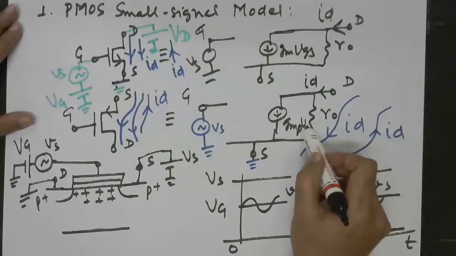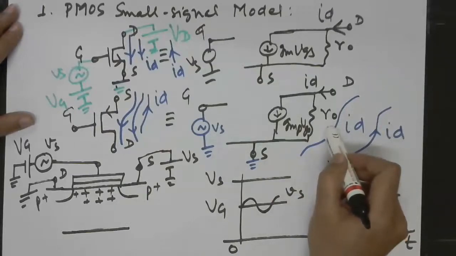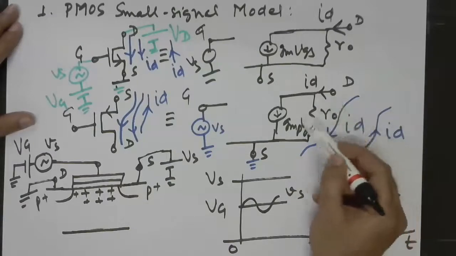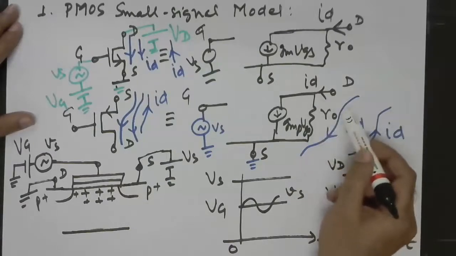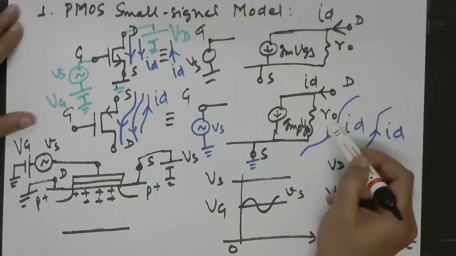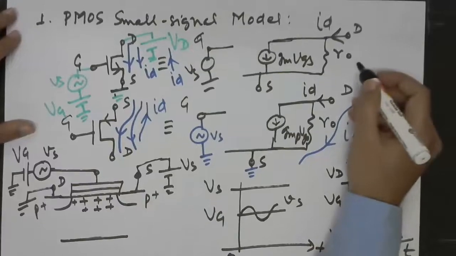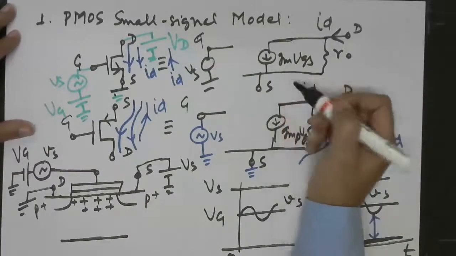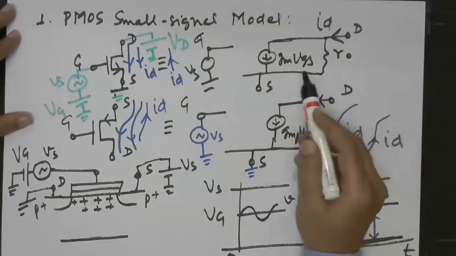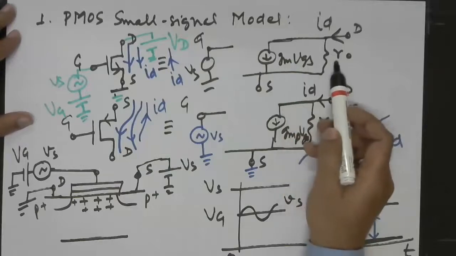So this model, although I have pointed out for channel length modulation, will also work for the no channel length modulation scenario. In that case, R naught will be simply infinite. And of course, the value of R naught for PMOS and NMOS are going to be different. Similarly, the gm will also be different because both gm and R naught depend upon